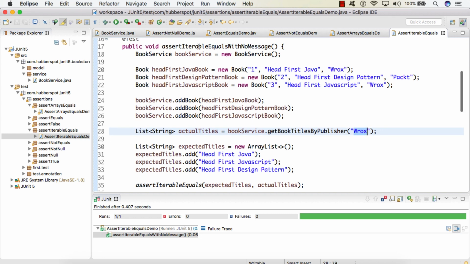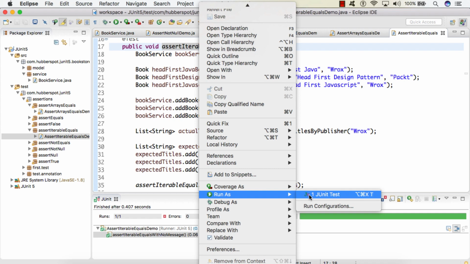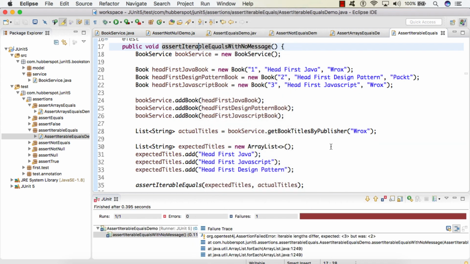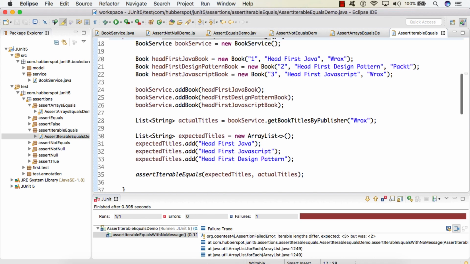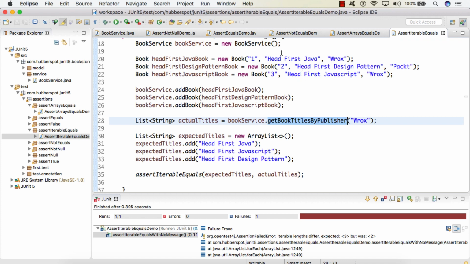So if I run this test case, we know that it should fail. Here you can see the test case failed with an assertion failed error saying iterable lengths differ, expected 3 but was 2. The expectation we set has a length of 3, but what we are getting back from this method is 2, Head First Java and Head First JavaScript.